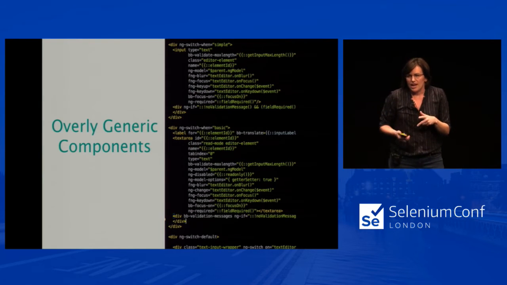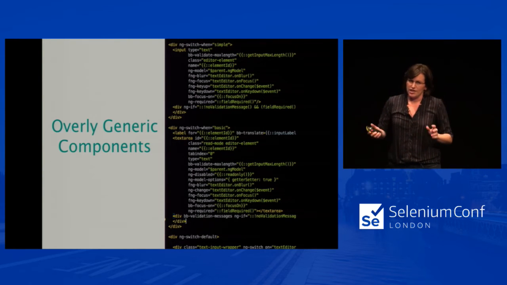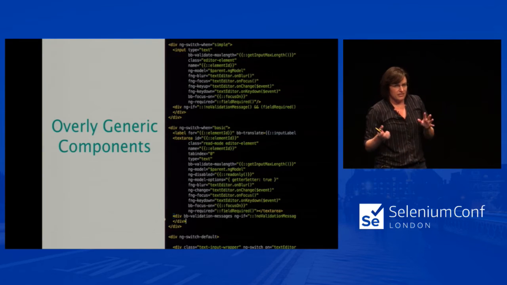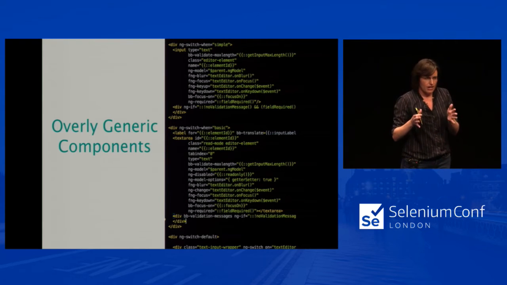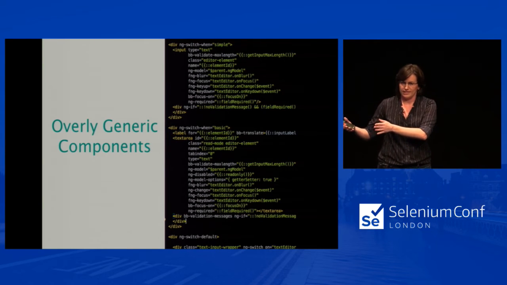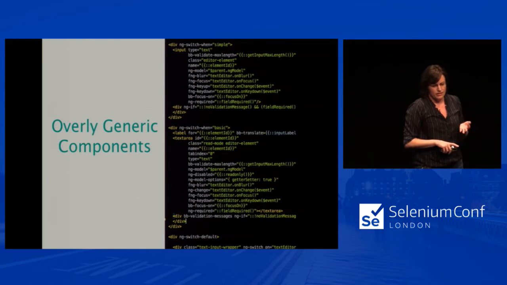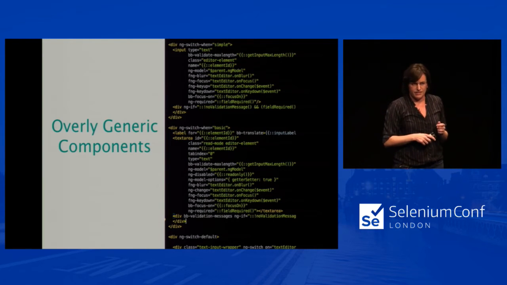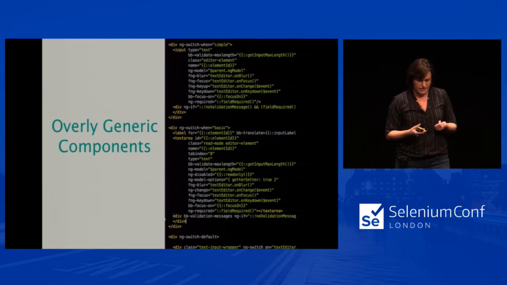So oftentimes when you're having component issues in your application, people will suggest creating a common component library. I'm not against common component libraries. However, in this case, it will not help solve the problem, because basically what you're doing there is taking the overly generic components that you do have and just moving the code to a different place. And on top of that, you'll have the overhead of version maintenance and when to upgrade, and potentially a different set of developers working on each, contributing a communication overhead.